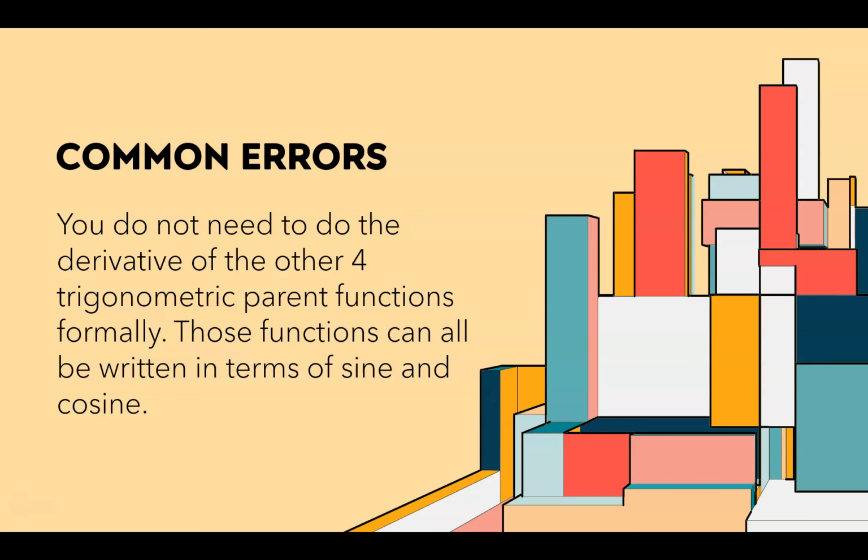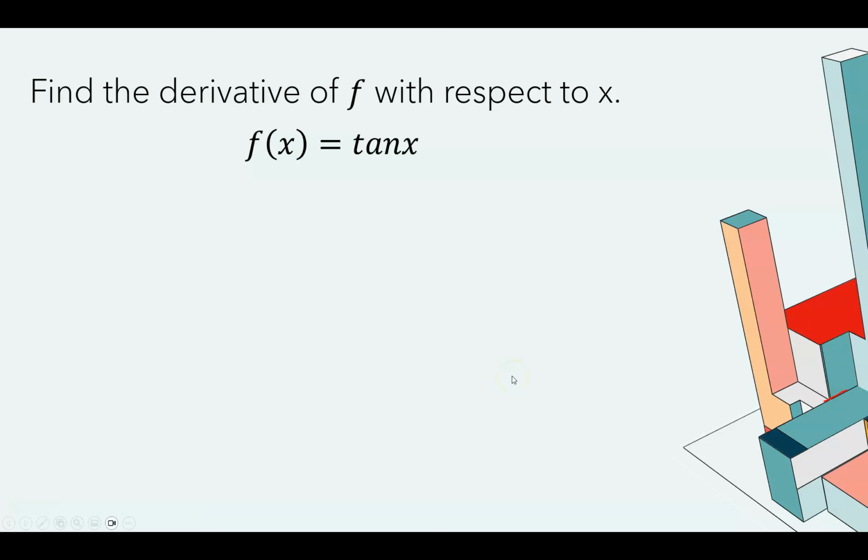So the nice part is we don't need to do the formal derivative of tangent. We don't need to do the formal derivative of secant. Secant, tangent, cosecant, cotangent can be written in terms of sine and cosine. And so if you know that and you know the quotient rule, which, gosh, hopefully you do by now, we can find the derivative of tangent a little bit easier. All right, so if we're not doing formal derivative, well, I can't really do the derivative of tangent, so I might as well rearrange into something I can deal with, and that is, well, tangent can be written as sine